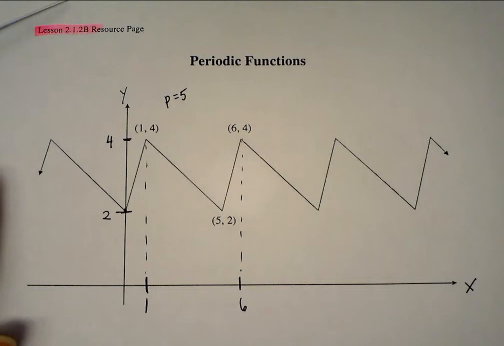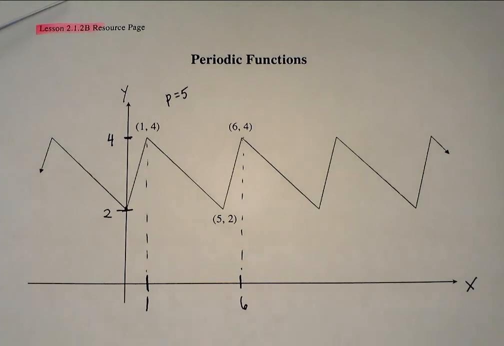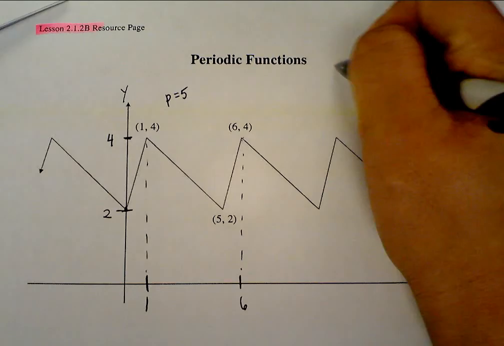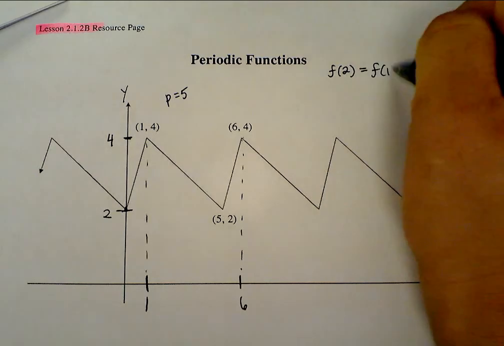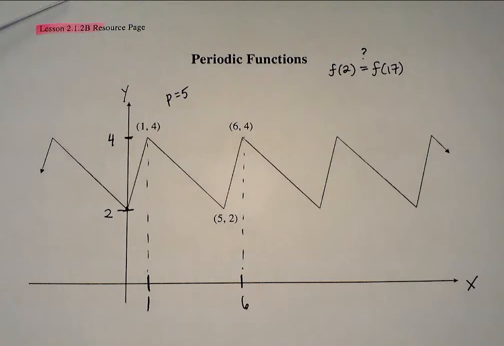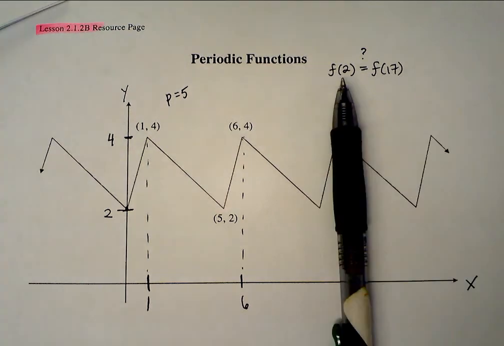Yeah. Okay. Now, they asked me to find f of 2, and they want to know if it equals f of 17. That's the question, right? What does this mean? Can anybody tell me what f of 2 means? Does it mean f times 2? No. What does it mean? You plug in 2 into what? Into the x, and then f of 2 is whatever pops out, the answer, which would be shown where? On the